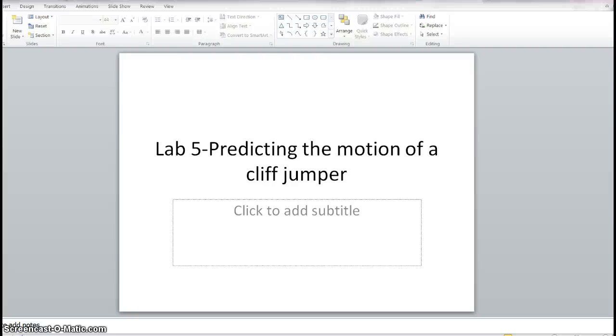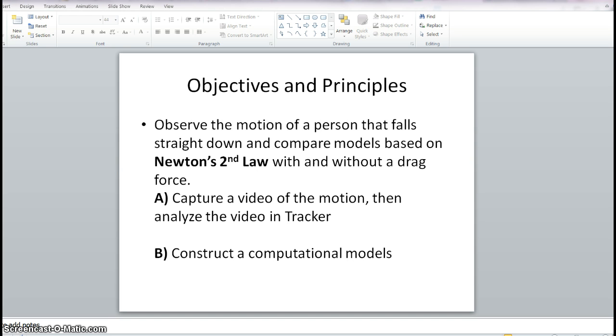Welcome to Lab 5, the Choose Your Own Adventure Lab. For this lab, I chose to predict the motion of a cliff jumper. The person jumped directly off of a cliff into the water with nothing attached to his body. The objective of this lab was to observe the motion of a person that falls straight down and compare models